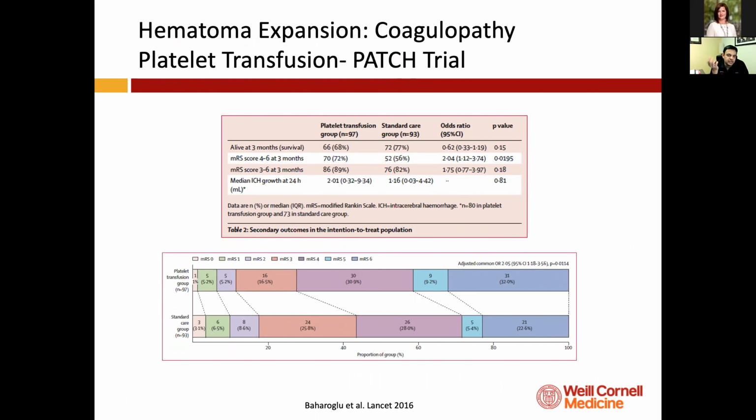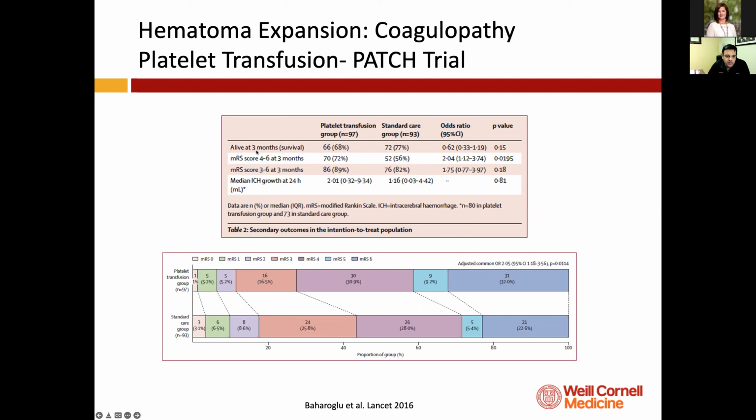What about coagulopathy? One of the things that can cause coagulopathy is being on an antiplatelet medication, and platelet transfusions pretty much are done everywhere across the board. But is that the way to go? And this was a randomized clinical trial where about 100 patients with ICH were randomized to either get platelet transfusions or not, and just be randomized to standard medical therapy. These were patients who were all on an antiplatelet medication previously at the time of ICH. And surprisingly, what this study showed is that if you were to actually give patients platelet transfusions, then that worsens their odds of